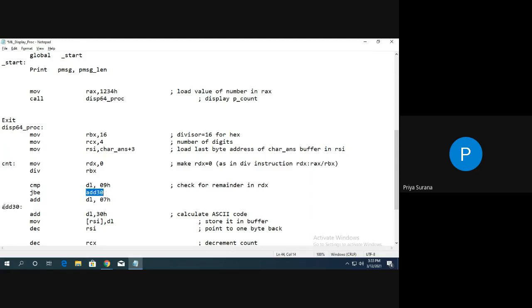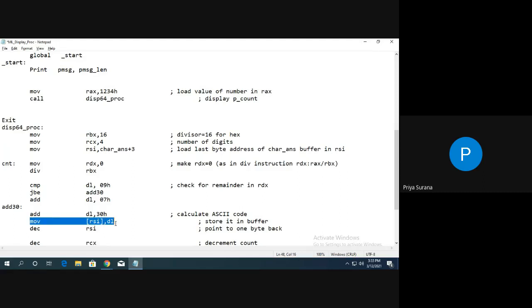It will go to this label and add 30H if it is below or equal, and here we are aware that it is below 9. Wherever these things are written, these are labels. This is a procedure name, but the same syntax is used as a label in assembly language. So add DL, 30H means 4 plus 30, 34H. That will be the value.